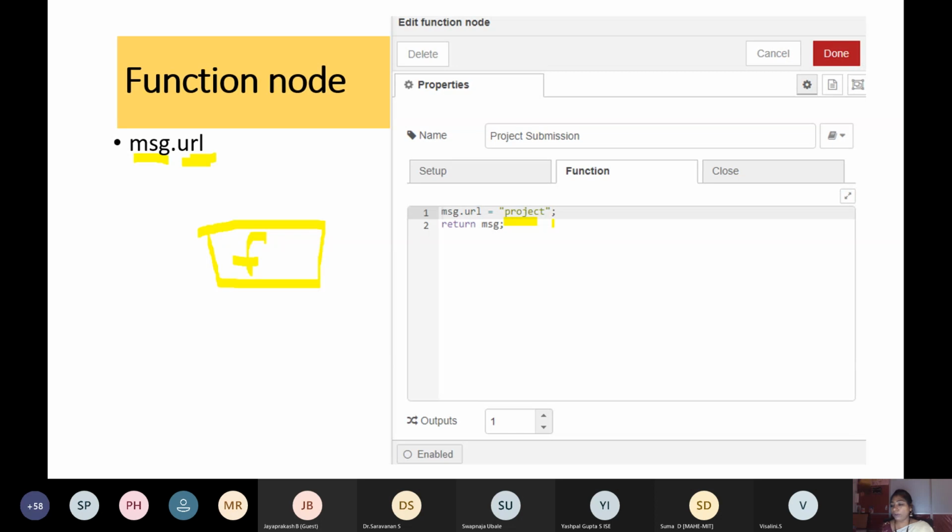I am using a name called project. Only this is going to be referenced in the submission form. Then I'm going to return this msg object. The return msg line will already be there in the function node. Only one line you need to configure: msg.url is equal to project. That's all with the function node.